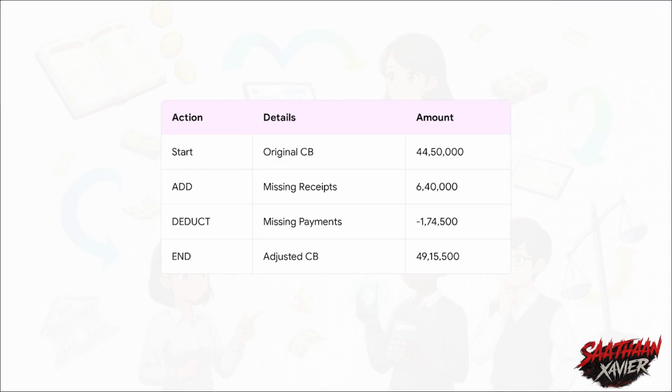Let's look at the GOPI problem from our sources to see this mandatory adjusted cash book step in action. So we start with the original flawed cash book balance of $44,500,000. But wait, we uncover some unrecorded bank receipts. So we add those missing dividends and rent, which total $640,000. Then we deduct the missing payments and correct our errors, totaling $174,500. Doing this math gives us our true, correct starting point for the final BRS, an adjusted cash book balance of